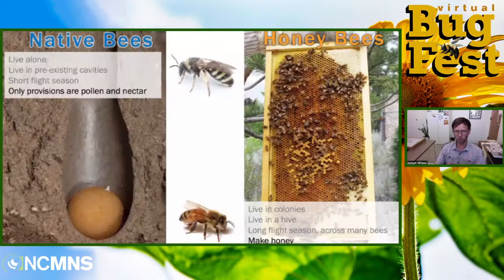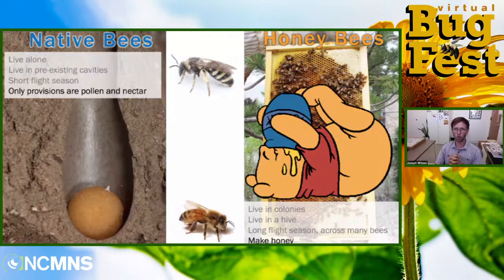One other characteristic is, what do bees eat? We often think of bees being associated with honey. That might be because there are a lot of cartoon bears that have taught us that bees are associated with honey. But in fact, it's only the European honeybee that makes enough harvestable honey to actually be useful to humans in the United States and Canada. There are some native bees that will make honey down in southern Mexico in the tropics, but in the US and Canada, it's only the European honeybee that makes honey. The other bees feed their babies, I call it a pollen cake. It's a mixture of pollen and nectar, and there's different consistencies. Sometimes they're more liquidy, sometimes, like this one, is a nice solid pollen cake that the babies will eat.